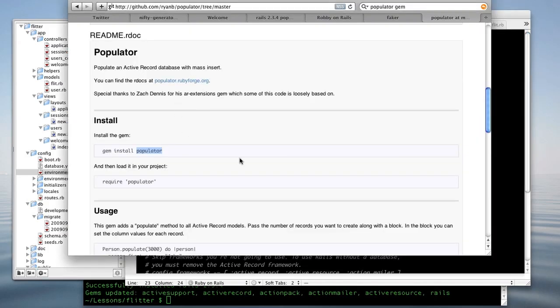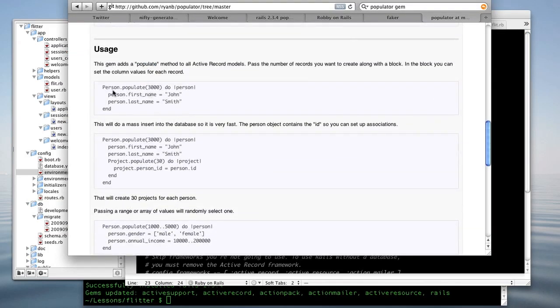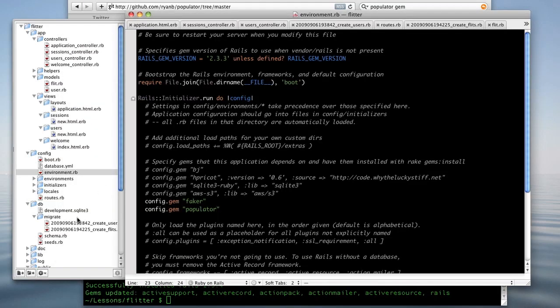So we have our populator gem, and as you can see, it allows you to populate X number in this fashion. So it's a DSL for adding data into the database using ActiveRecord. So let's go back to our